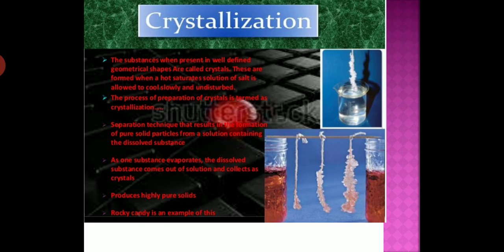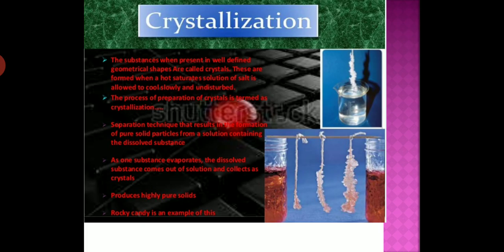Listen to what I am saying. Take some impure sample of copper sulfate in a china dish. What will we do now? Dissolve it in a minimum amount of water. Understand? Then filter this copper sulfate solution to remove the impurities. Evaporate water from the copper sulfate solution so as to get a saturated solution. When the water evaporates, you get a saturated solution of copper sulfate.